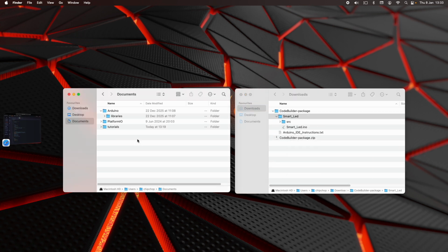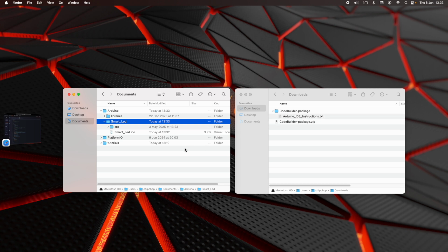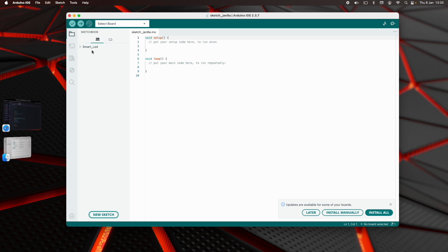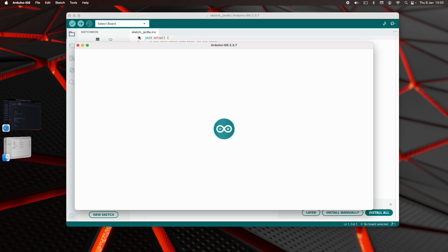And on this screen here, I have in my documents the Arduino folder, and that's the standard Arduino projects folder. It's most likely going to be exactly the same on your computer, PC, Windows, Mac, Linux. It lives in the same place, and all I have to do is drag this into that folder. That's it. So now we can open Arduino IDE. Here we go, and if we look here, we can now see this project, and we just need to open the Smart LED